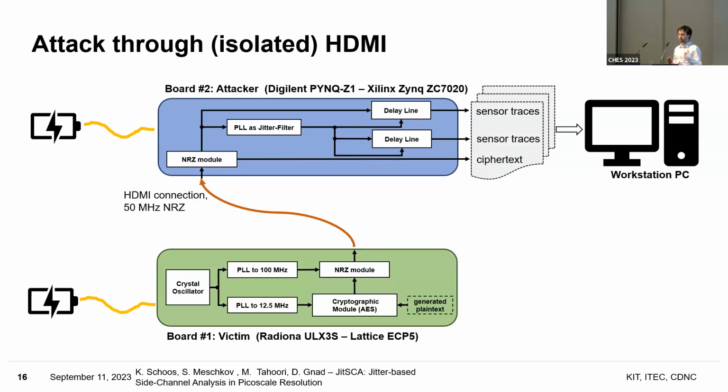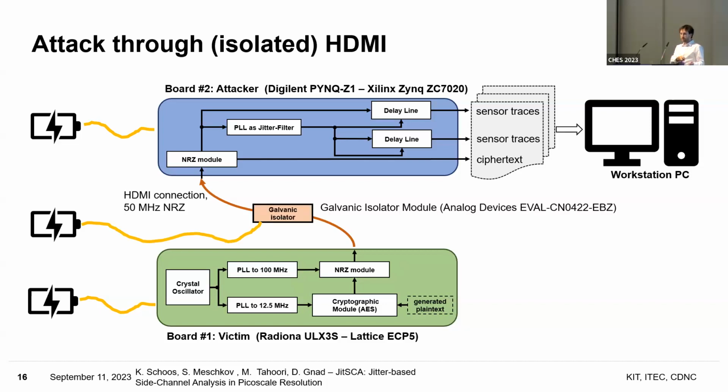So in the next setup, we now separate the power domains. We have two boards. At one side, we also use an HDMI signal. So the HDMI signal is NRZ encoded, so it's non-return-to-zero. It's a certain encoding scheme that most of you probably know too. So at the top, we need another board. So we use a Xilinx board, since this can receive on the HDMI port, since most FPGA boards only output on HDMI, and it's pretty comfortable to use it, because in the next step, we add an isolator,